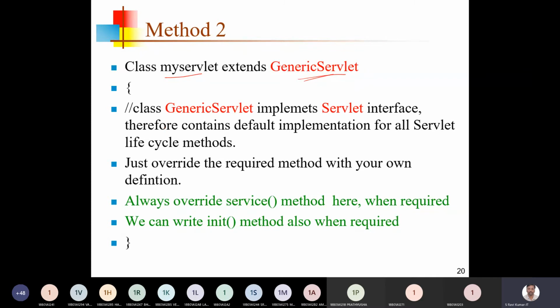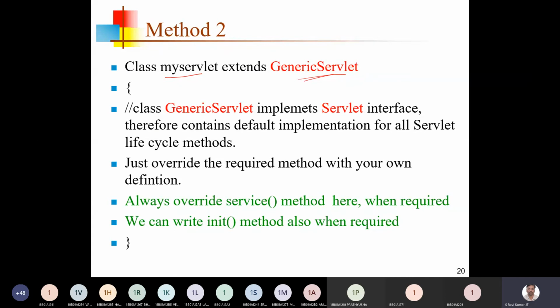Suppose the destroy method code is with you, then override that destroy method and give the code for the destroy method. Suppose you don't have it, then you just don't use the destroy method in your servlet code. Okay, as usual the service method is mandatory as per the protocol, so you have to write the service method compulsorily in your servlet.